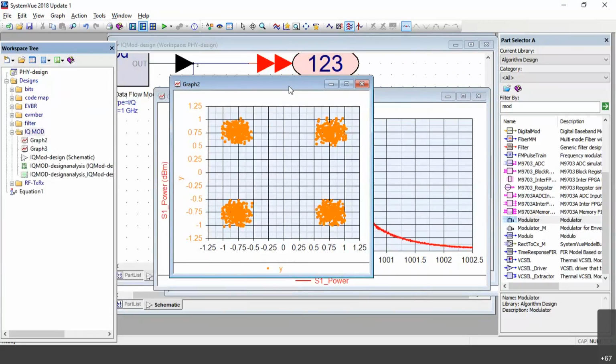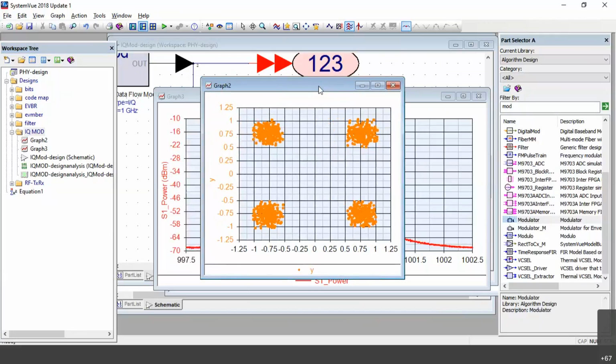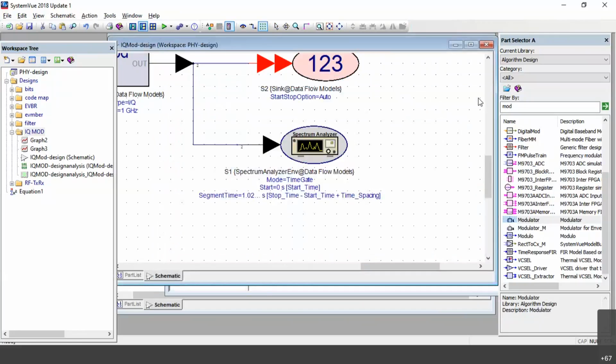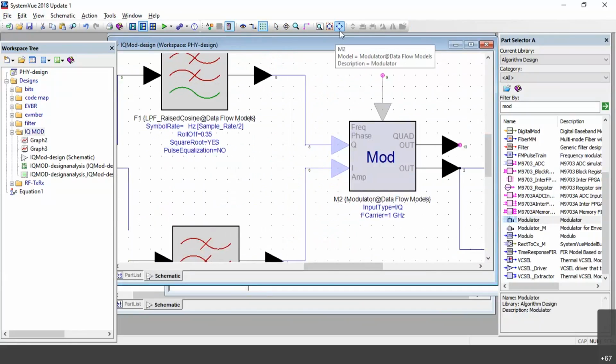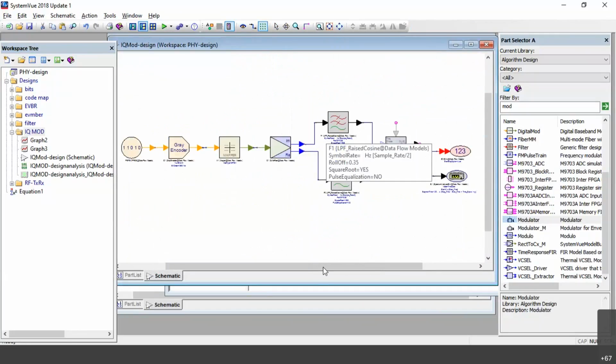I hope all of you got this graph. If not, please let me know now itself, and I'll explain once again how to get this graph. Once you're done, this is how the modulation technique can be done. No need to design the entire modulation part. You can just drag and drop the module already built, and according to your design, you can vary the values.